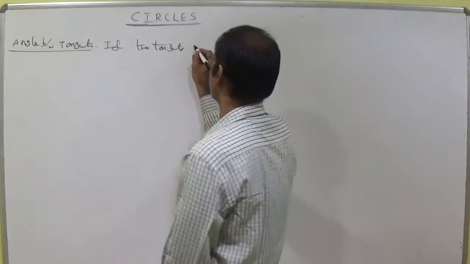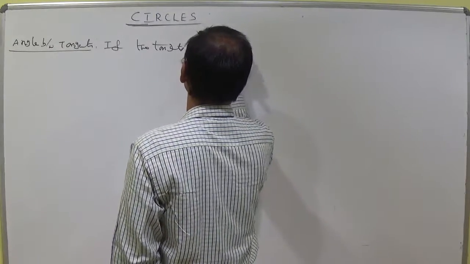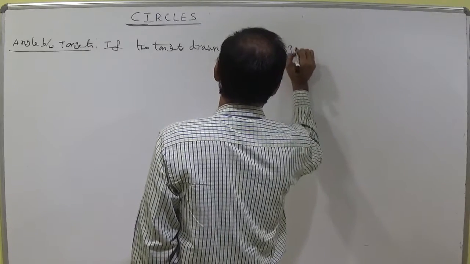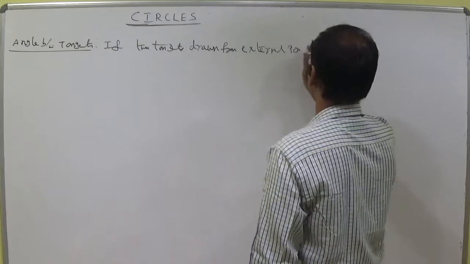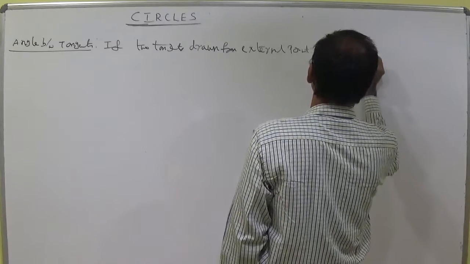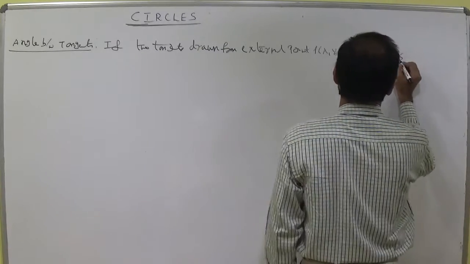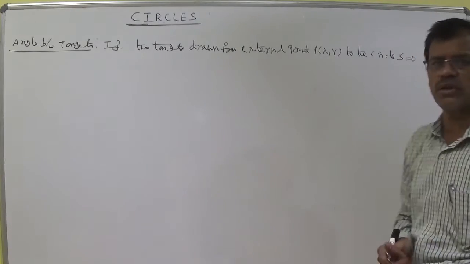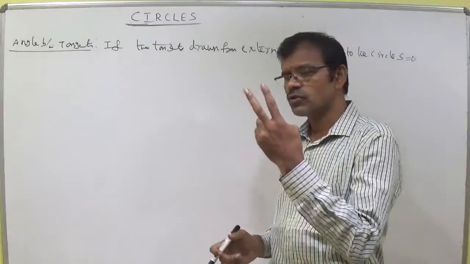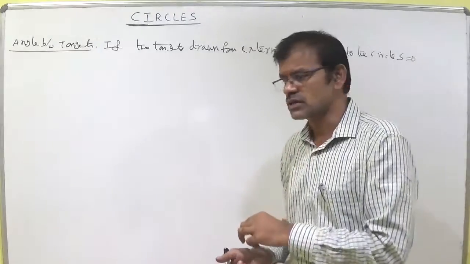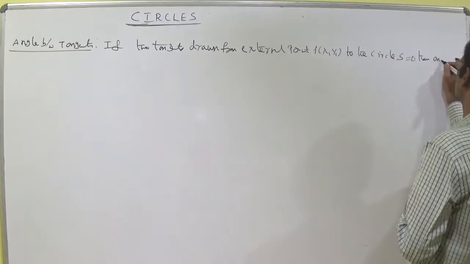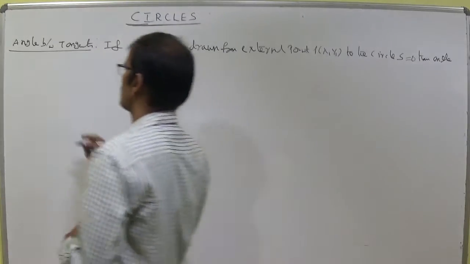If two tangents are drawn from external point P(x1, y1) to the circle S = 0, any circle, maybe the center is (0, 0) or center is (-g, -f) or (h, k), anything, then the angle between the tangents